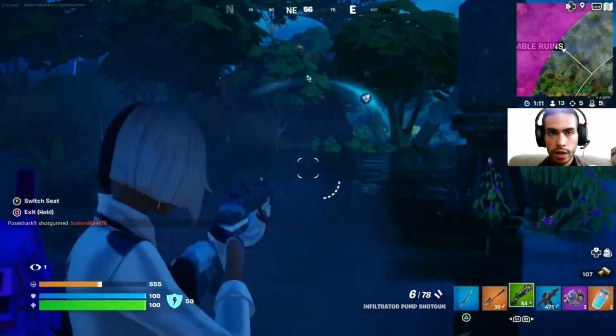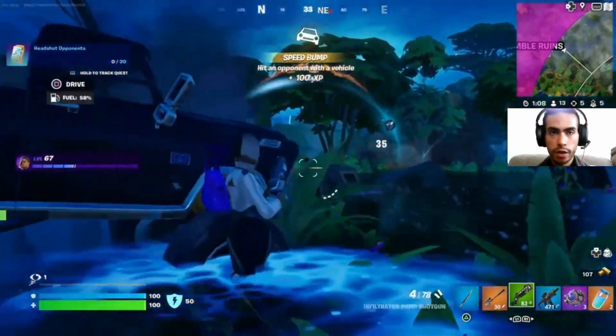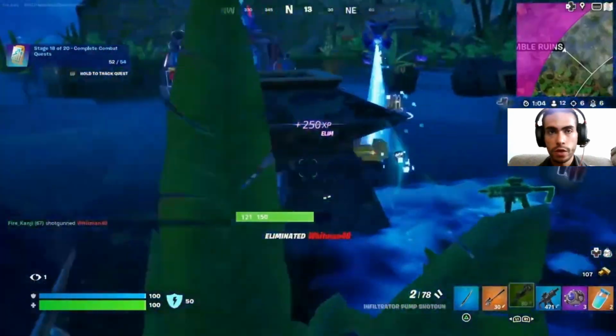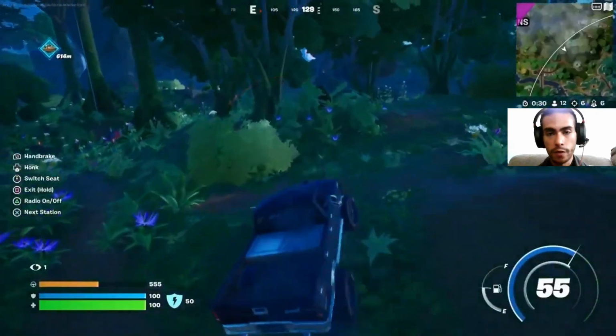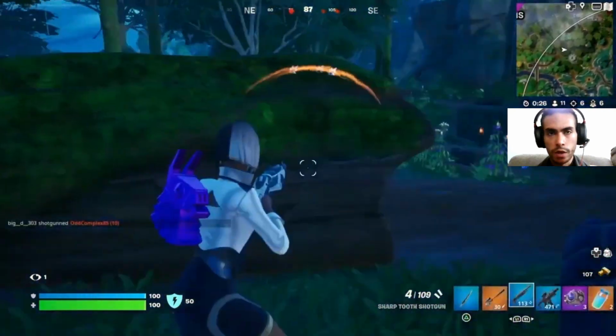The next rifle on my list is going to be the Thermal DMR. The Thermal DMR is better than the Havoc because it has more range, it has better damage, and the added benefit of thermal vision. The next rifle